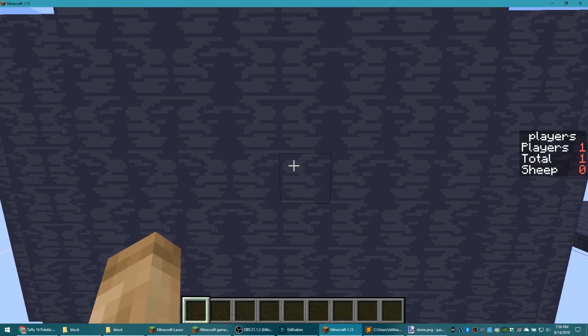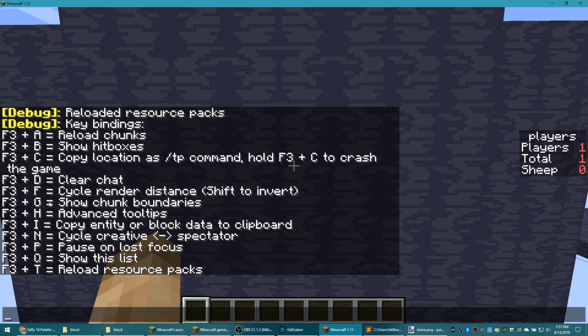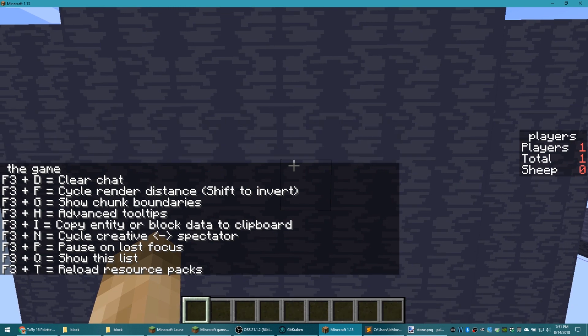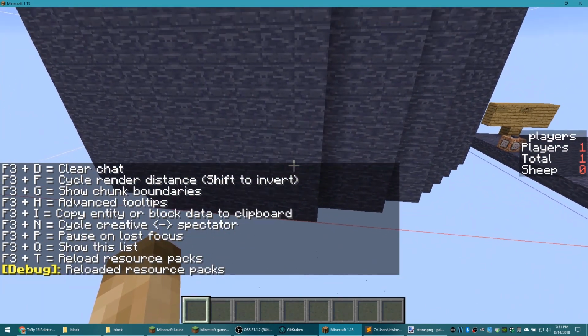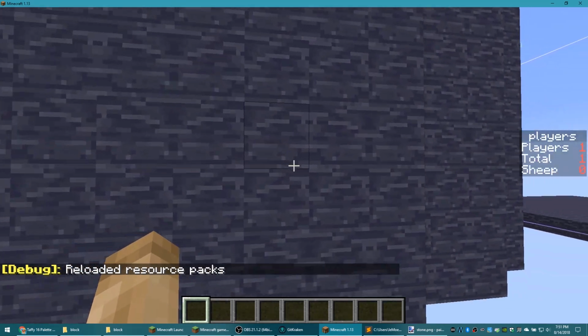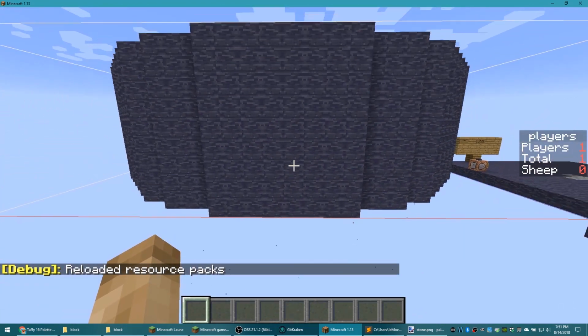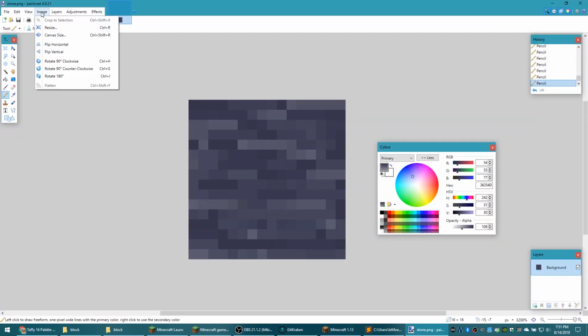We're going to hold down F3 and Q to see reload texture packs, F3 and T. See how that looks. It's a little busy now. It's a little busy, and now you can see the edges. So what we would do for that